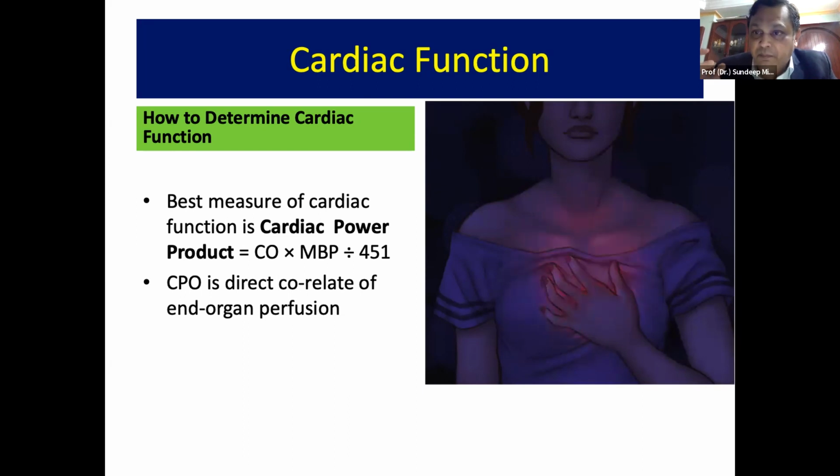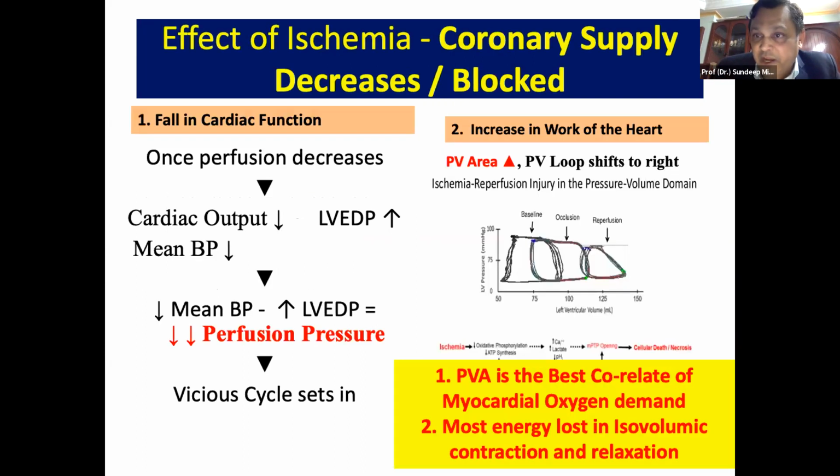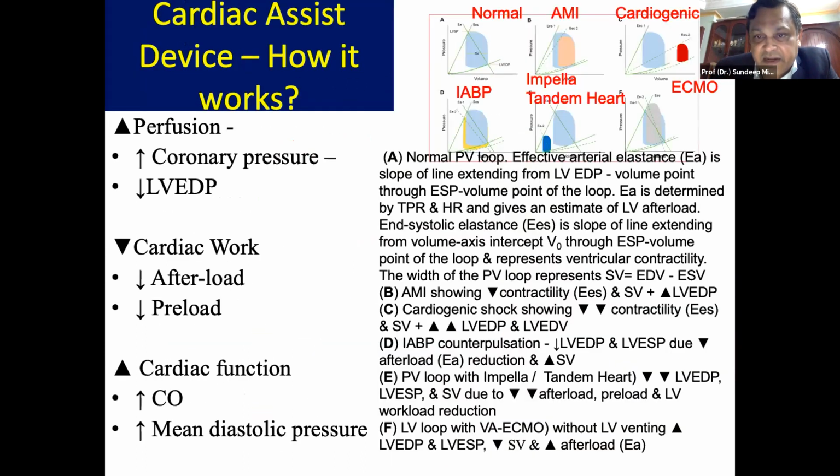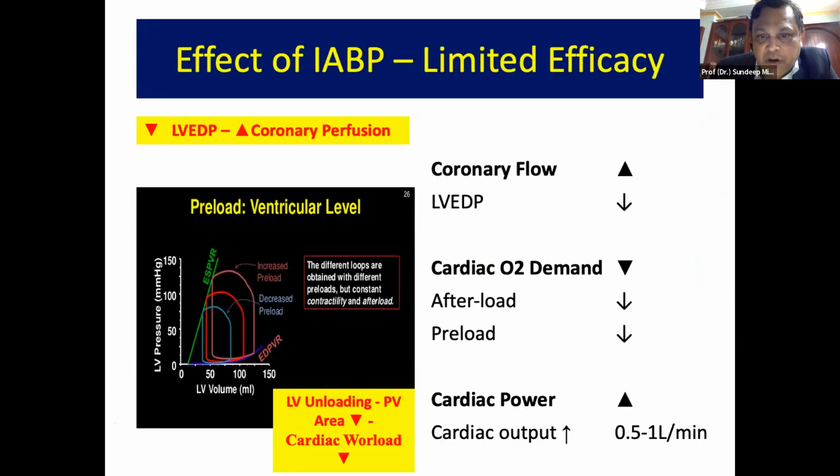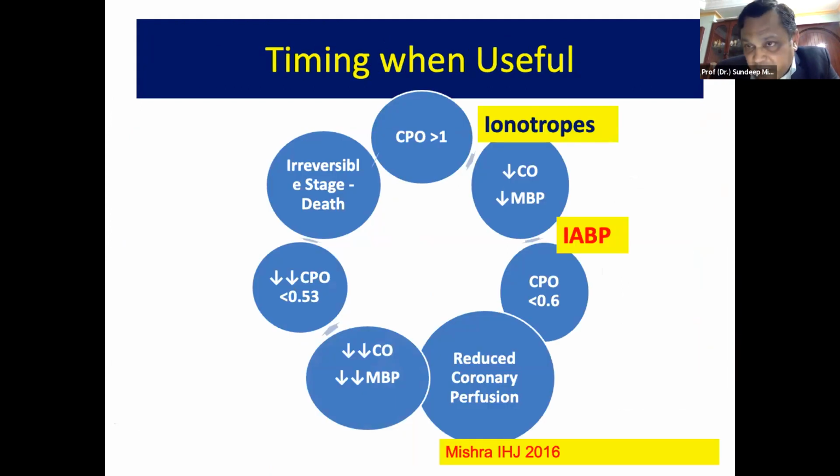This is the work power of the heart. It is the function of the heart. Therefore, when this work power starts falling, which is exactly what we are talking about in cardiogenic shock, you have to start therapies at a specific point. In the beginning, you can start inotropes. That will help a little bit, but as time moves on and the patient does not benefit with inotropes, you have to put in an IABP.